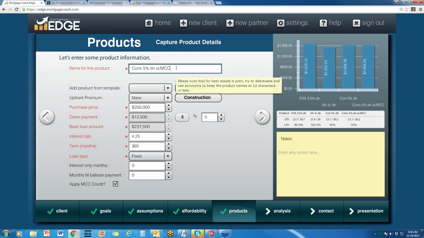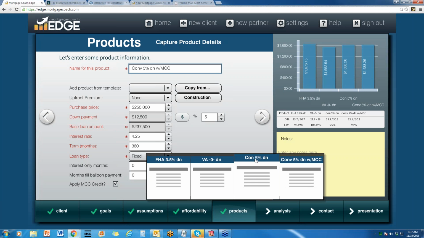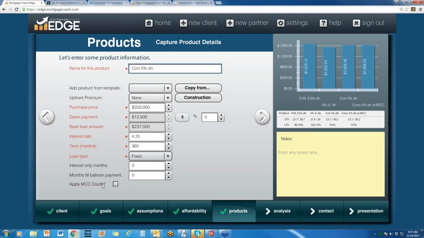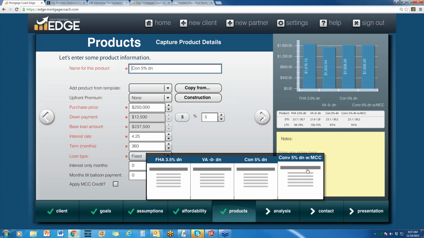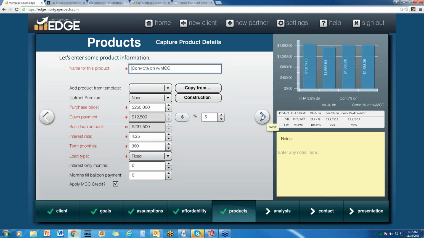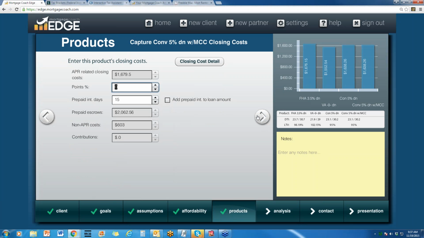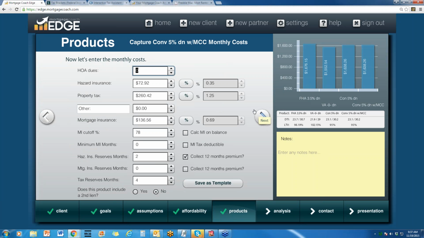So with that MCC credit, we have that here, and then I'm applying that credit by marking that box. If we go to the conventional 5% down, the exact same product, you'll see I have that empty. That's the difference, and that will show the difference between those two products. Once we fill out that first screen, the fees are going to be the same and my monthly costs are going to be the same. So there's nothing for me to do with that product except copy and mark it MCC. Now as we move on,